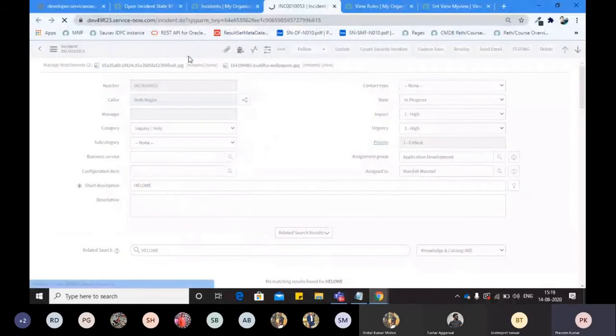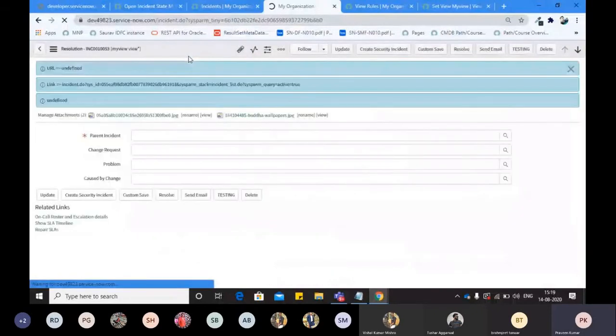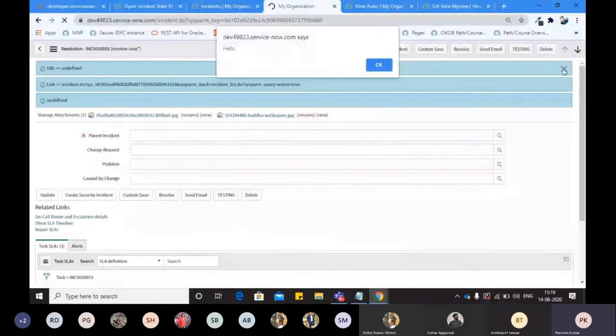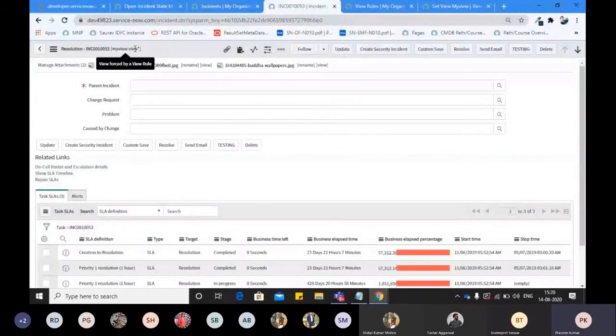There may be some pop-ups. Those are actually different things. We don't need to be concerned about that. So you can see where I am right now. I am at my view. That's the way we can configure our view rules: on the basis of some conditions, some filters, we can direct the user towards another view.